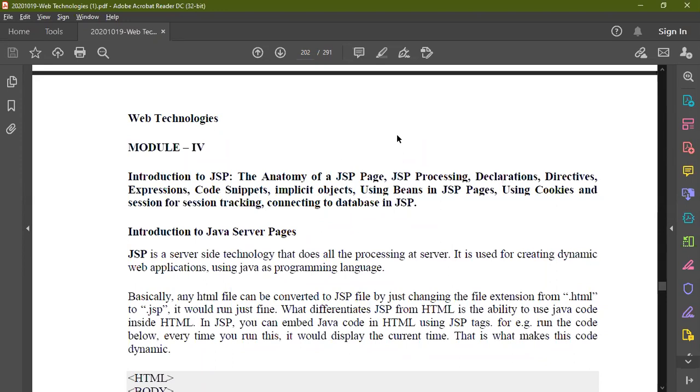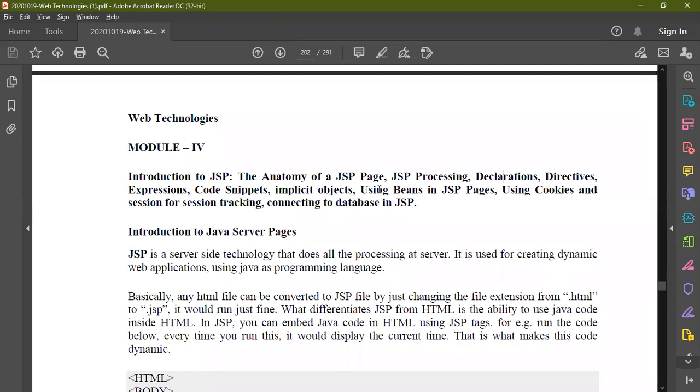And we will see basic code snippets, how to write small codes. And also implicit objects, that is, the inbuilt objects that are available in JSP pages. These JSP pages are mostly dependent on Java beans, because whenever you execute a JSP page, it will be split into a bean. We will see what happens exactly when you process a Java Server Page, and how it is split into a Java bean, later.